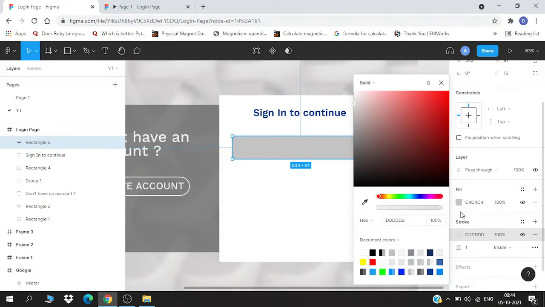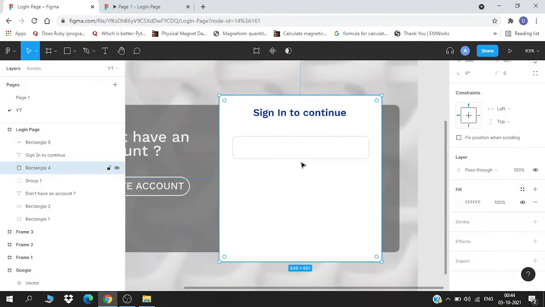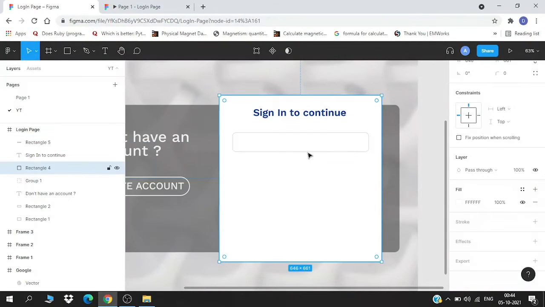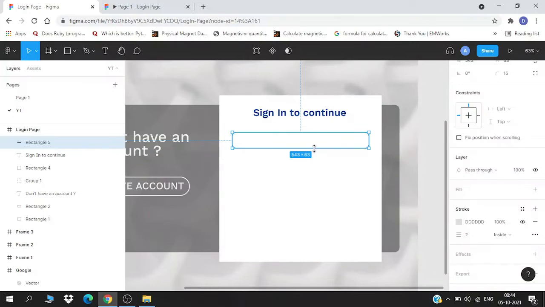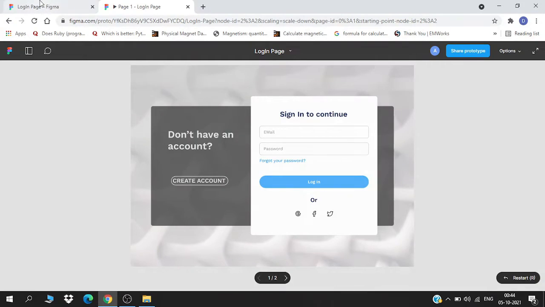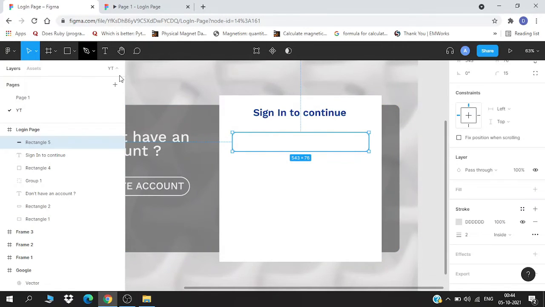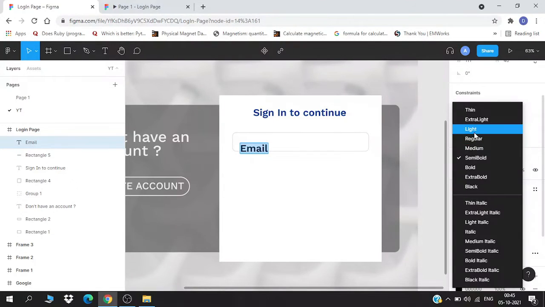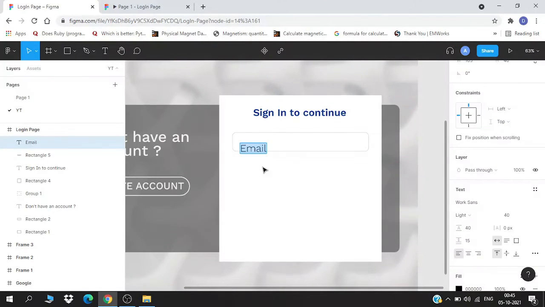Stroke I will give again a little bit light, and I will remove its fill. We can make it a little more thin. Okay, so now I'm going to take a text again, and as we can see there we have the email, not so bold, we will keep it light.